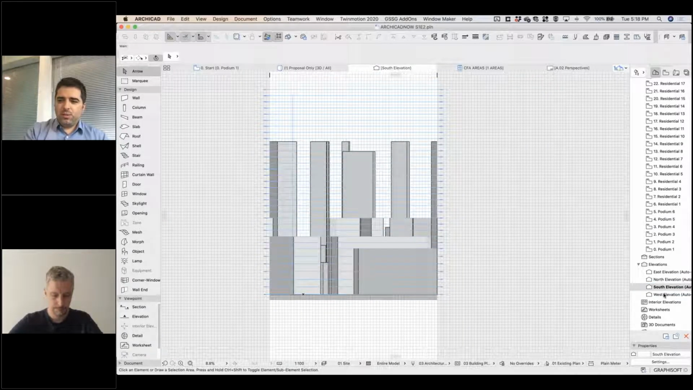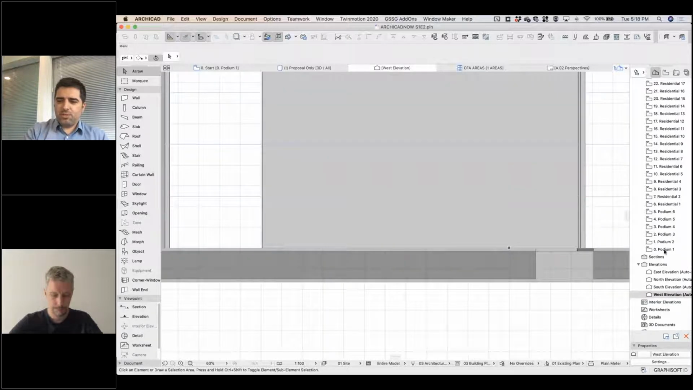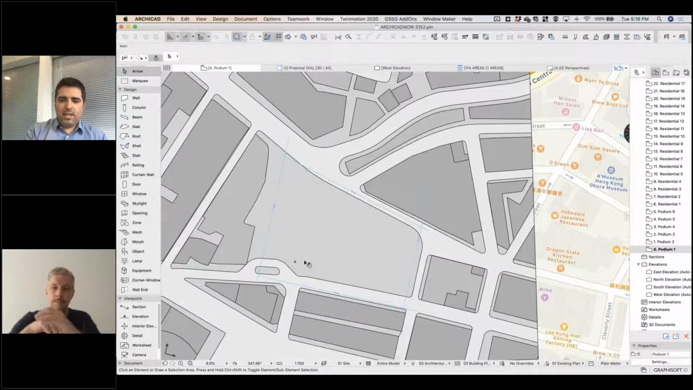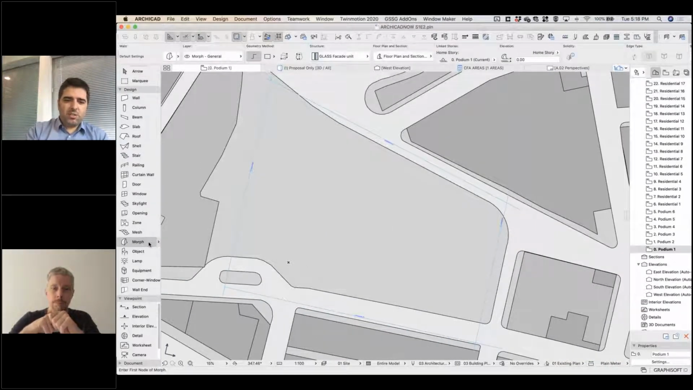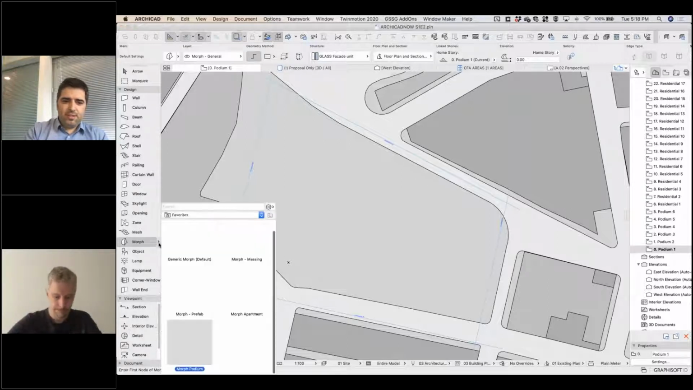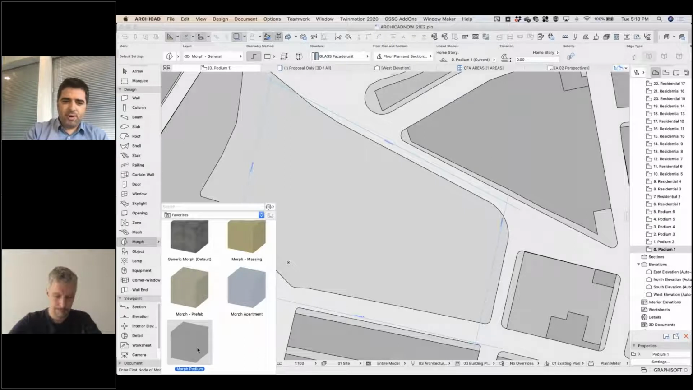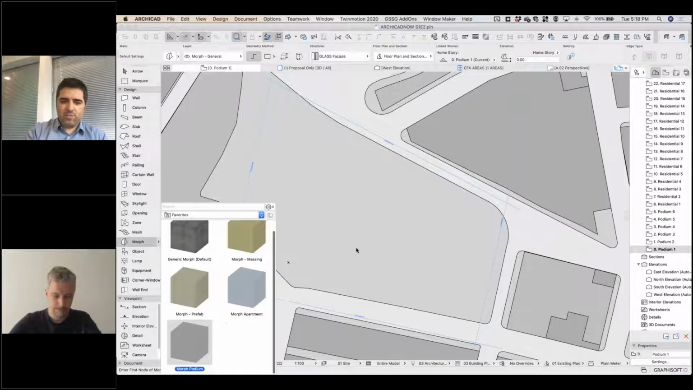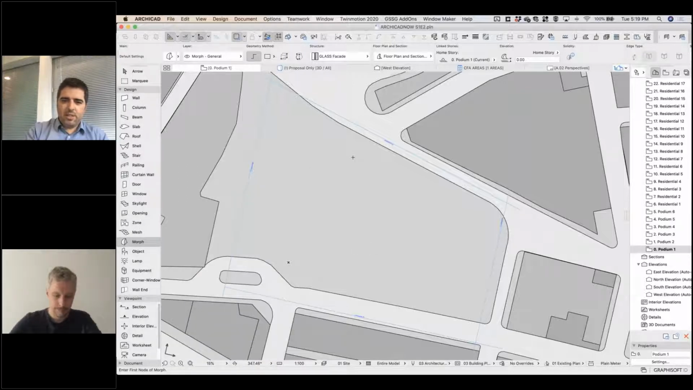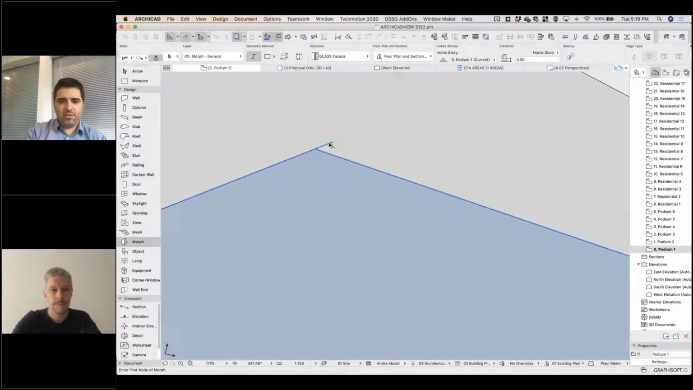So now I will just jump straight to my model and decide how I want to design this. So first thing I will do is I'll just use a Morph tool, and I can have a few basic morphs set up. So I have here from my favorites just a set for the morph. And let's say I want my building to have some shape like this. Okay, so I'll have this morph